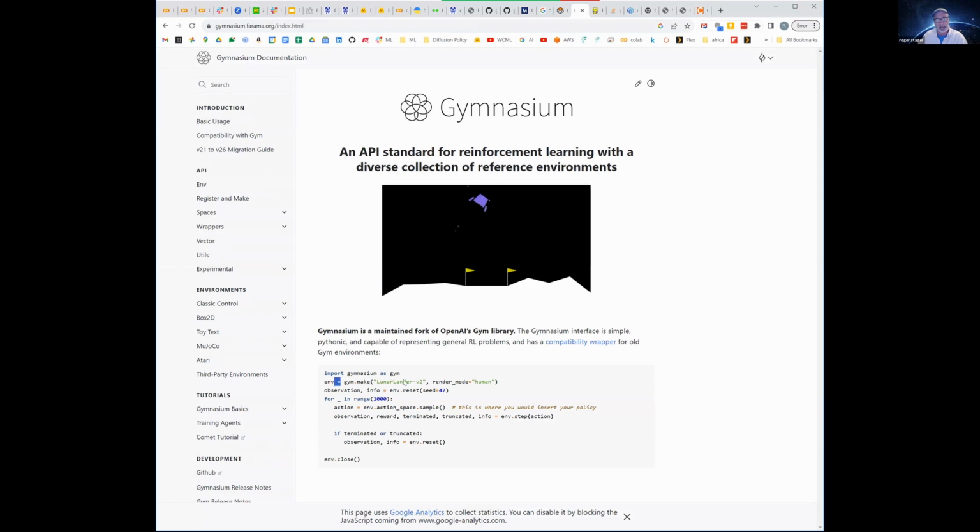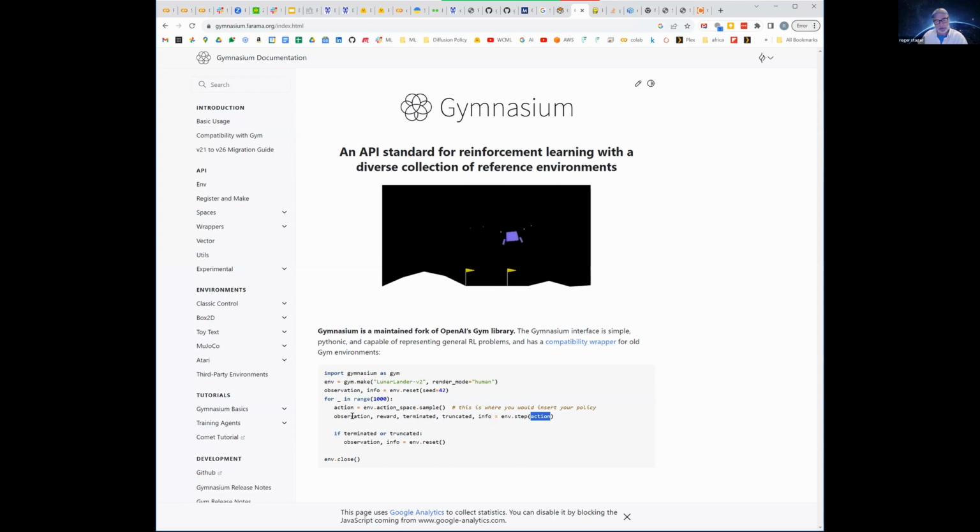The key thing is that you select the environment, and then there are not very many calls. You do a reset, which will return an observation and some additional information. And then you can sample from an action space. This is just a random sample. Your policy would select your action. Then you do a step on the environment with that action, and you get back